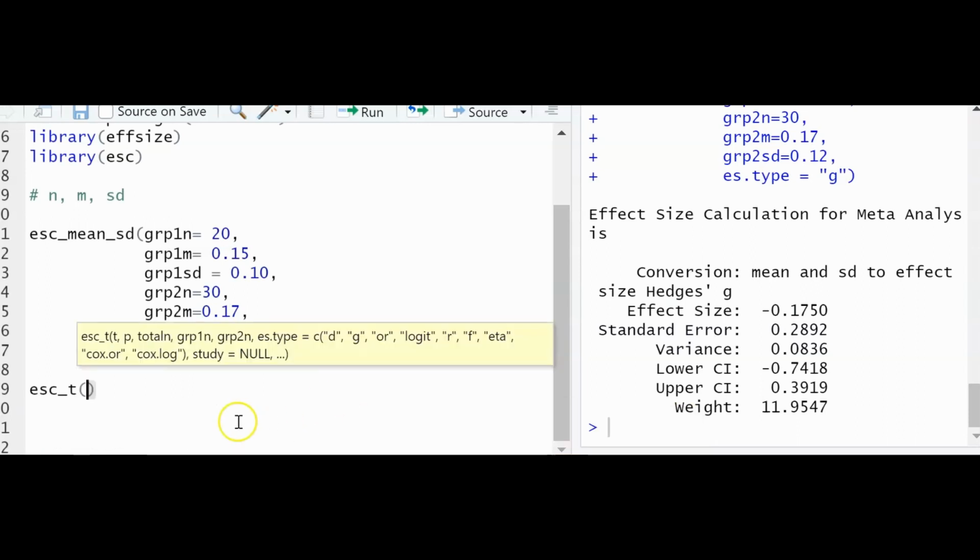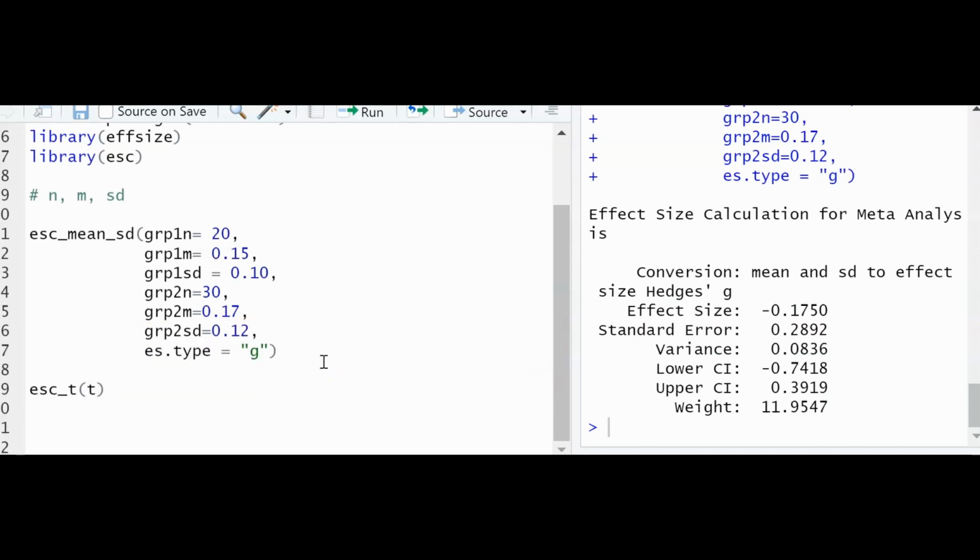So with the t-value, which is equal to something, let's say it's 0.67, and we have group number 1, number of the students, let's say it's 30,